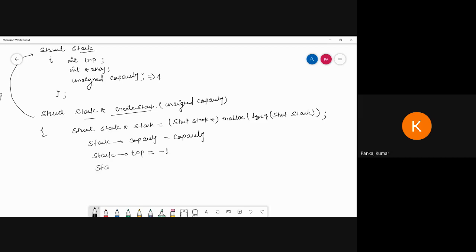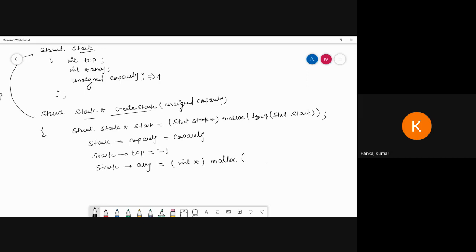And here I'm defining stack array, which is required, is equal to an array of integer type size, then malloc, sizeof, and here I'm going to pass the capacity of integers. So where can it be stored?